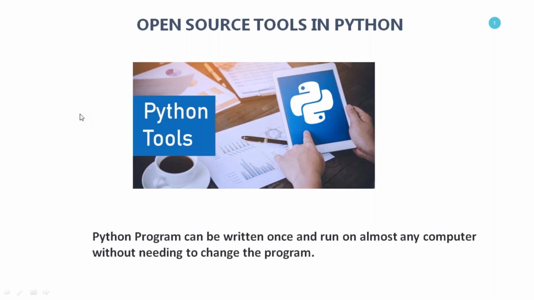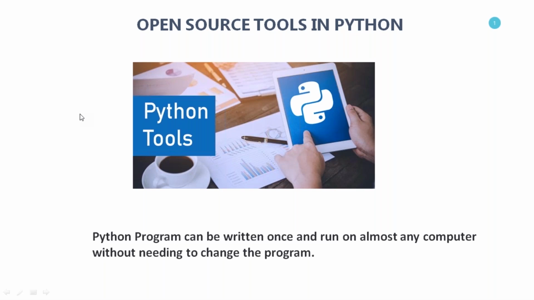To start programming in Python, we need to understand a few open source tools to write the program. Different projects can use different tools. There is no mandatory requirement to use a specific tool for our project. It depends upon the project or the client requirements. Anyway, we can write Python programs only, so we don't need to worry about